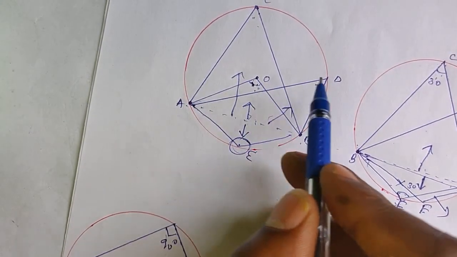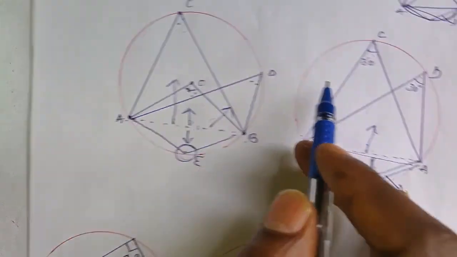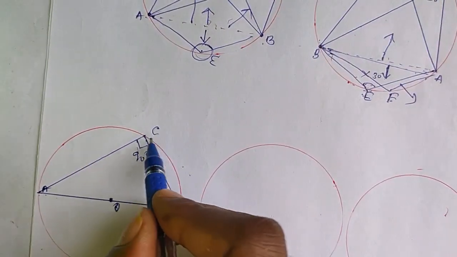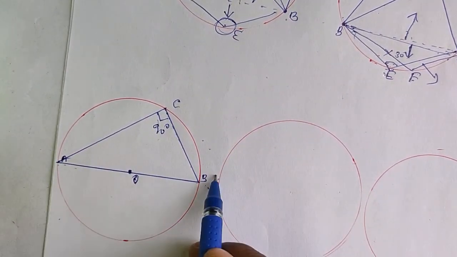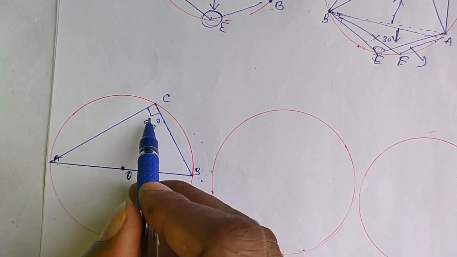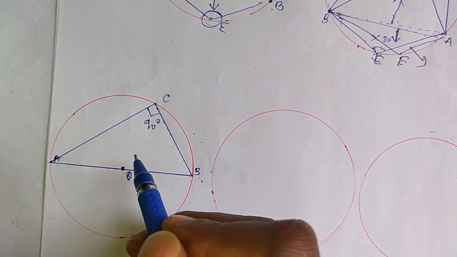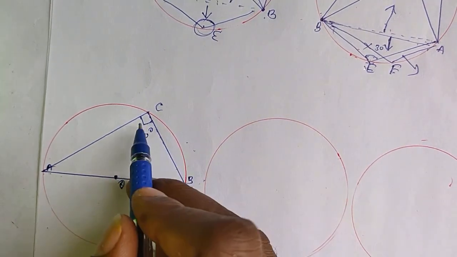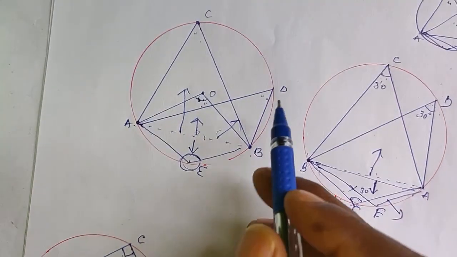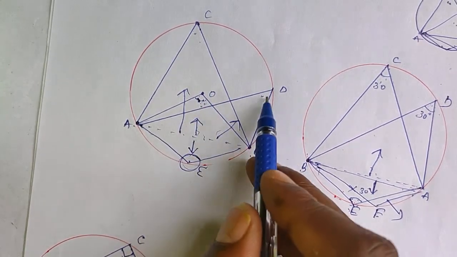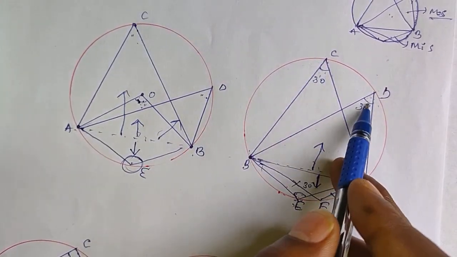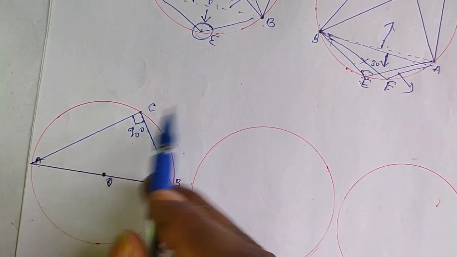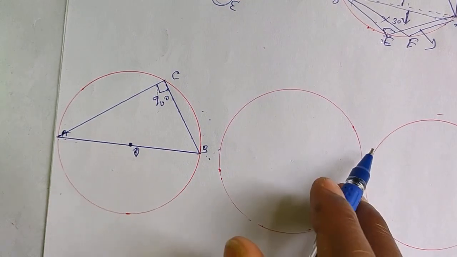If O is given, we write here; otherwise, if D is given, we write here. If C is given, we write D; if D is given, we write C. But here, to write C, we need not wait for anyone. Once it is clear that AB is the diameter, directly write 90 degrees. Don't wait to relate it with some other angle. C is directly 90 degrees, not taking any other angle's help. Here O took the help of D, and C took the help of D, or D took the help of C. But here C is not taking help from anyone. The reason is AB is a diameter.